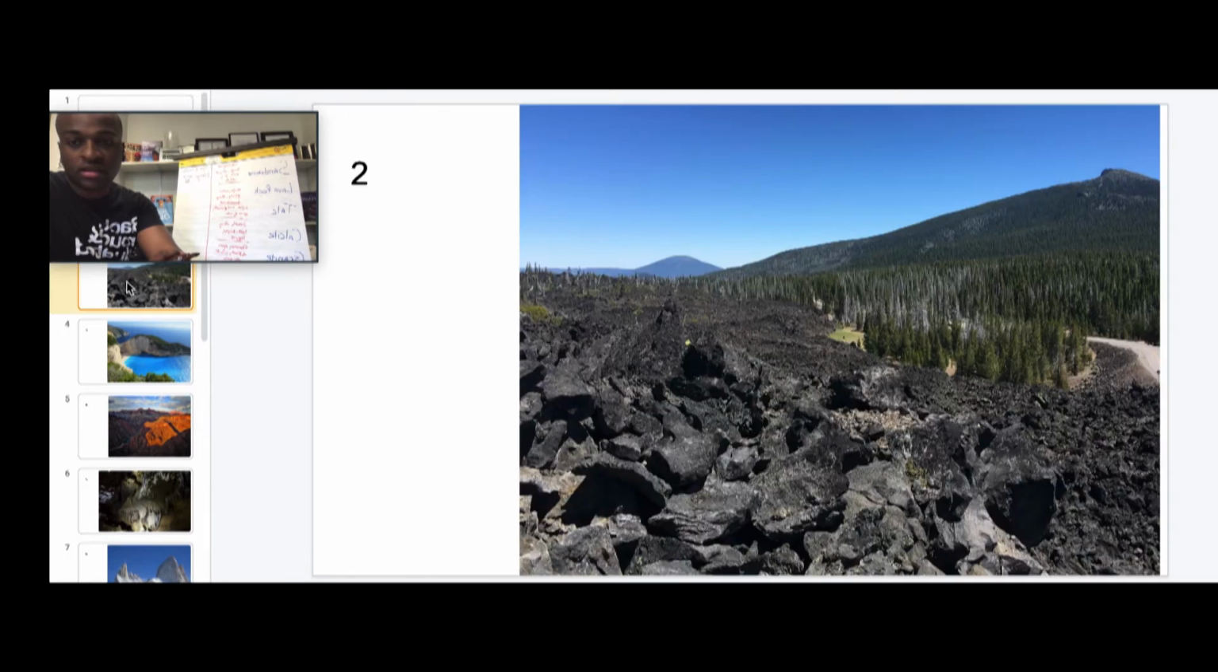Our next one looks like this. What do you think this is? This is lava rock. And lava rock is typically found near volcanoes. Volcanoes. And we know what volcanoes look like. They have a little opening at the top. At times they spit out the lava